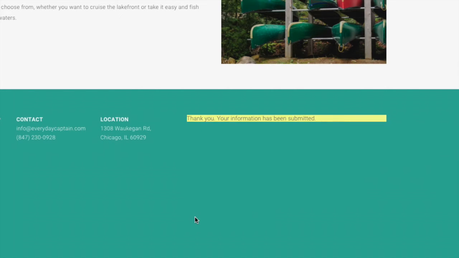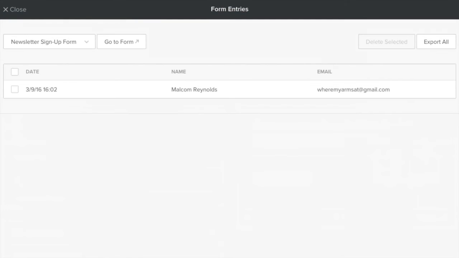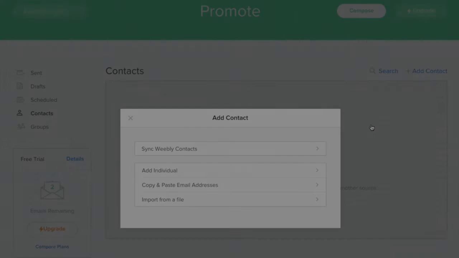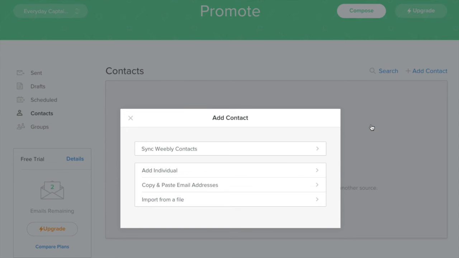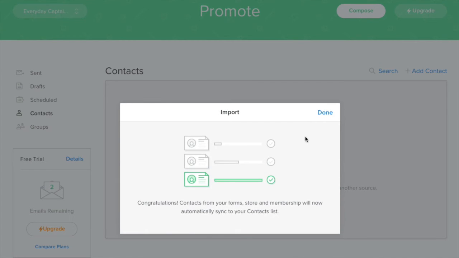When a visitor submits their information, you'll receive an email, and it will also show up on your dashboard under Form Entries. If you're using Promote for email marketing, you can easily sync your Weebly contacts. So anytime a visitor submits their email via your form, it will automatically show up in your Promote contacts dashboard